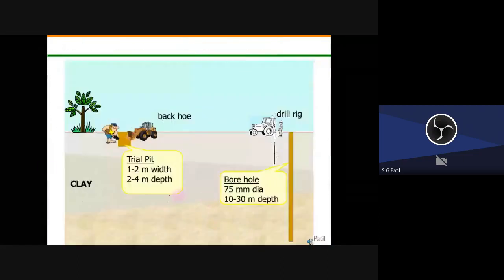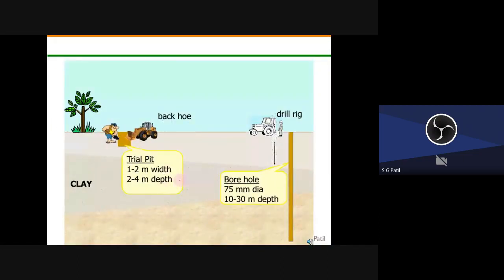Now I am showing the same picture in a slightly more colorful manner. Suppose you are dealing with a one-story, two-story or three-story building, and your soil is relatively very good, meaning very hard soil at a shallow depth. Then you can finish this soil exploration with just an open pit excavation. This is the open pit. With a pit like this you can see for yourself what different types of soils are present. So with trial pits I can do it.